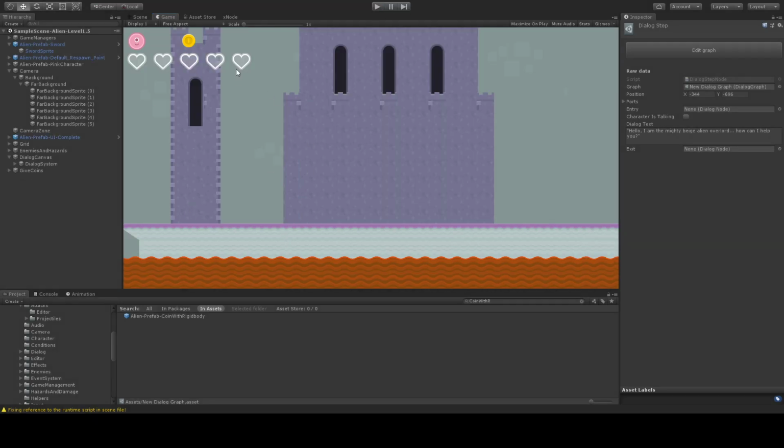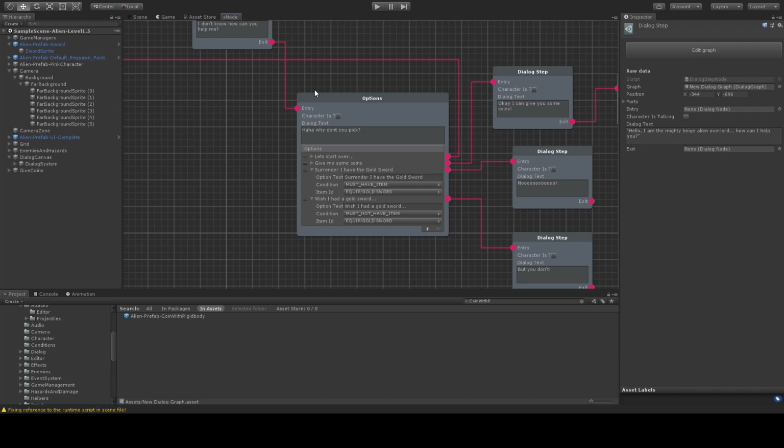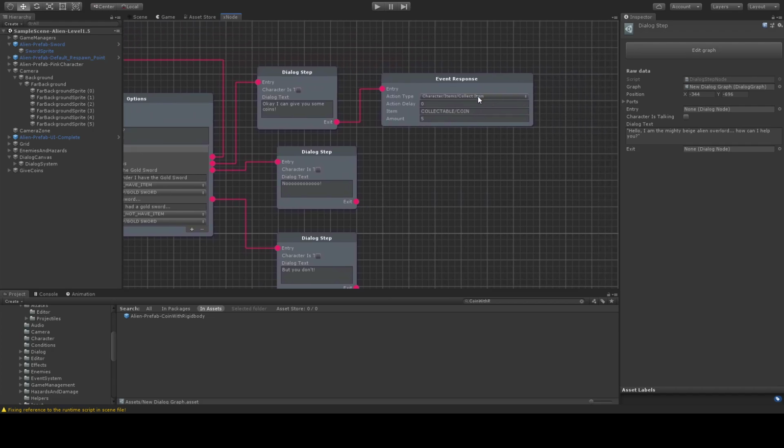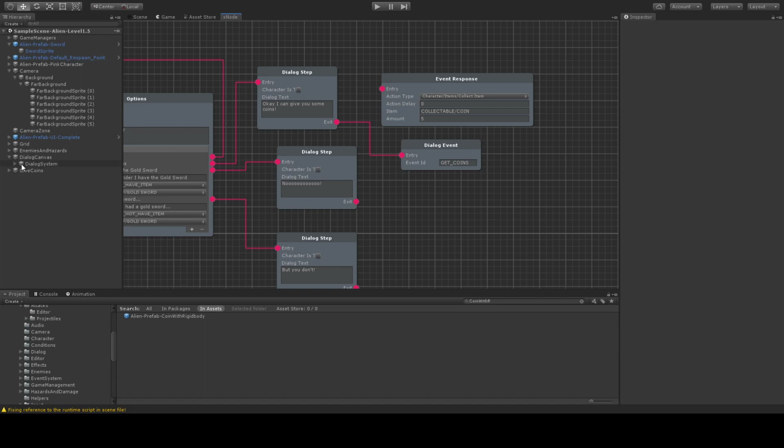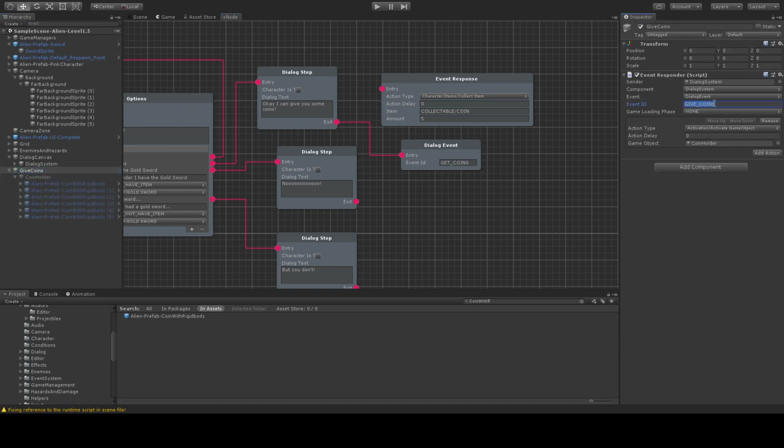Another thing worth looking at, because these dialogues are stored against scriptable objects, they can't refer to scene objects. But to get around that, what we can do is raise a custom dialogue event. So let's say we wanted the coins to be given to the character a little bit more flashy. So we'll clear this connection and we'll raise a dialogue event called get coins,